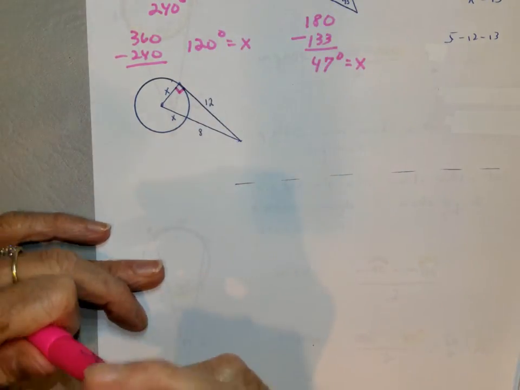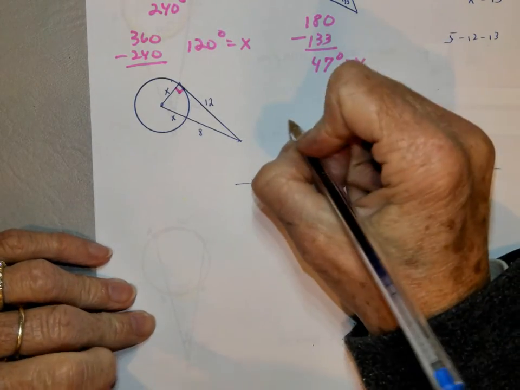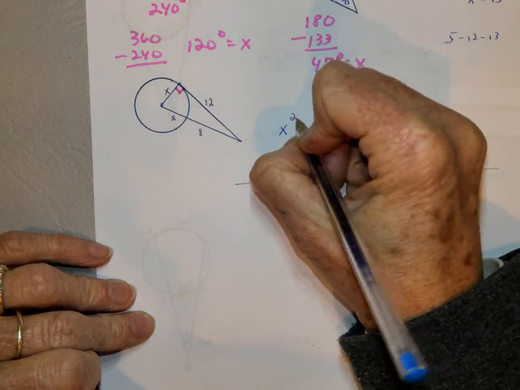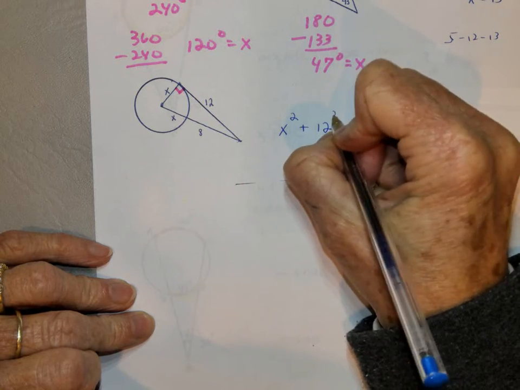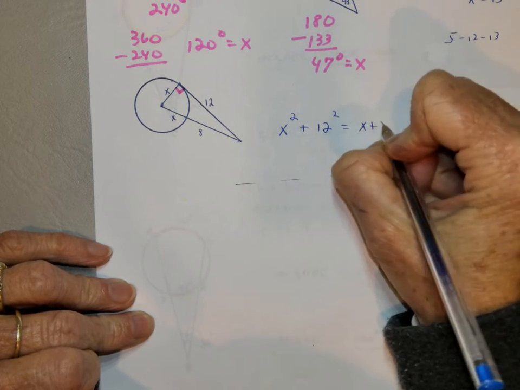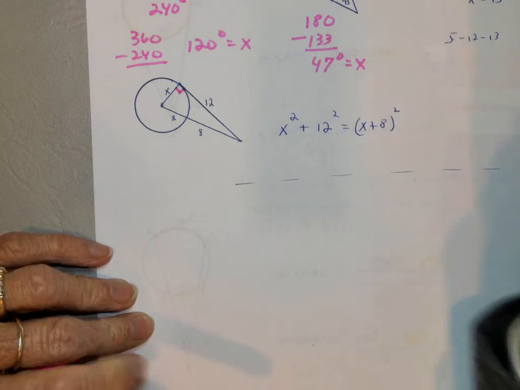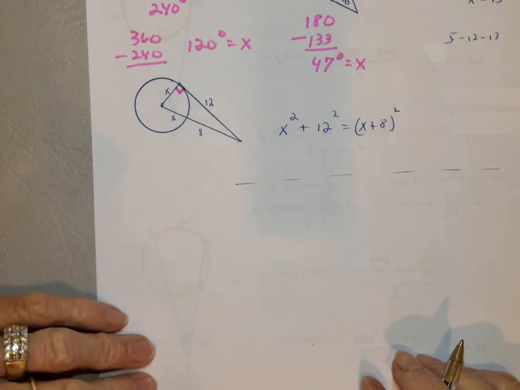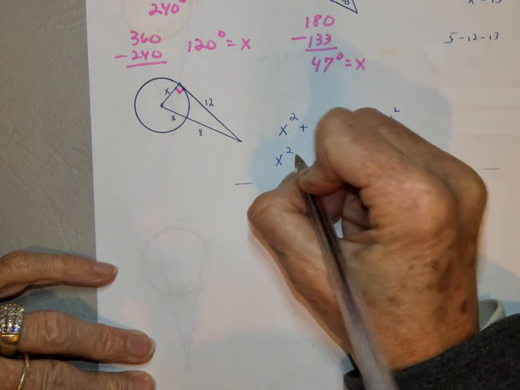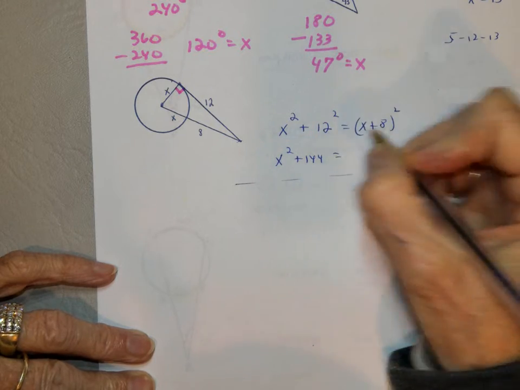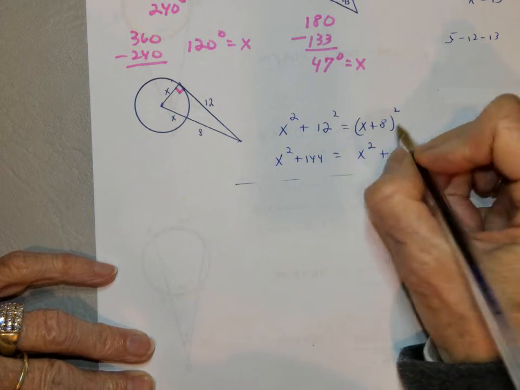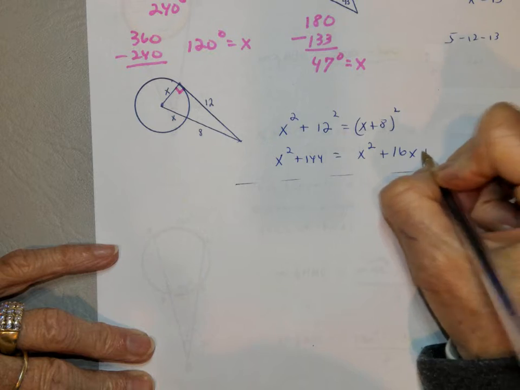Okay, we're going to use the Pythagorean theorem. So we're going to say x squared plus 12 squared is equal to x plus 8 in parentheses squared, because that's your hypotenuse. All right, so we have x squared plus 144 is equal to x squared plus 16x plus